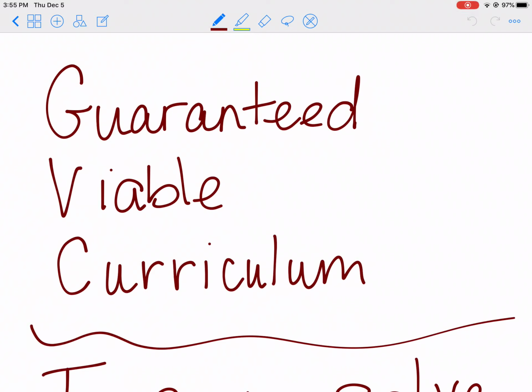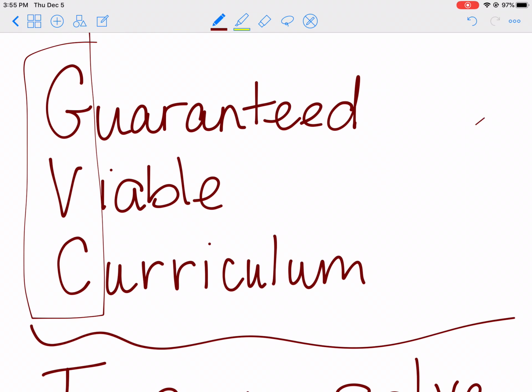Okay, so we're beginning Unit 8, Secondary Math 2. Today we're going to start to talk about the quadratic formula. Before we do that, I want to mention that these are pieces of the Guaranteed Viable Curriculum, or the GVC, that we have in our district, which means that it's a big deal. These are key pieces that we need to make sure that you understand really well as you leave